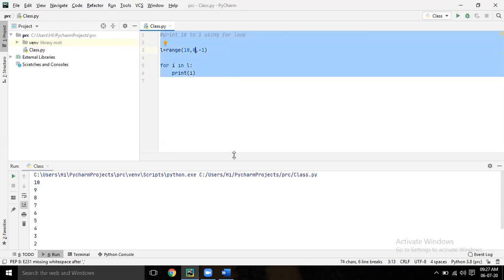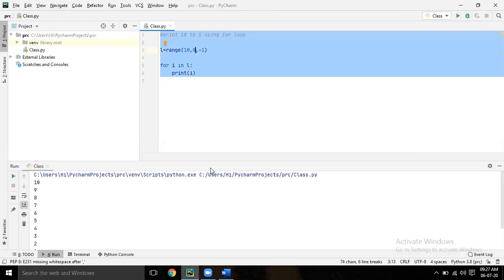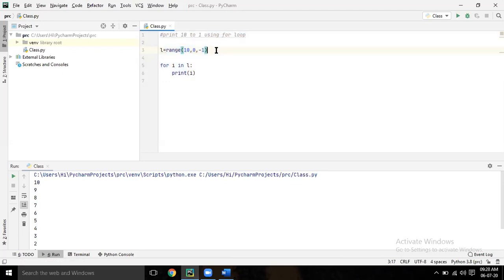Clear? Yes, sir. Very easy, right? So there is also a reversed keyword that you can use. This is one way to write 10 to 1. These are all intro questions. These programs that I'm telling you, these are all intro questions. So everything should be there in your mind. If next time I ask, don't think anything, simply write it. Like that you have to practice.